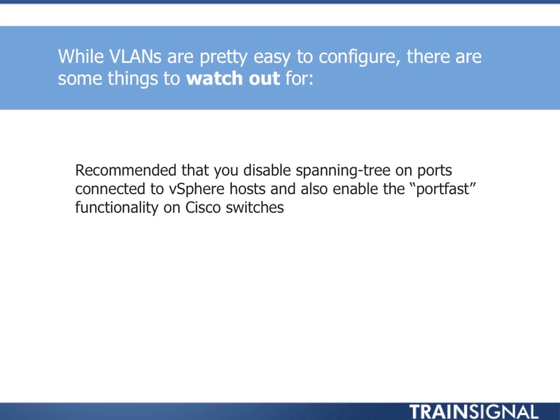Recommend that you disable spanning tree on ports connected to vSphere hosts. There's an option on Cisco switches called port fast. So normally when you plug a vSphere host or something into a switch that's set for trunking, these switches do some spanning tree stuff. Spanning tree is a protocol. It's built to ensure that there's no loops in the network. Most people who deal with it don't like spanning tree because sometimes we wonder if it causes more problems than it solves. But anyway, the idea is sometimes spanning tree, depending on the implementation, will actually block traffic up to